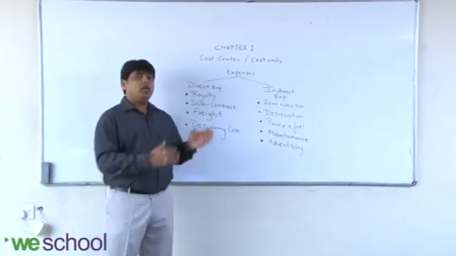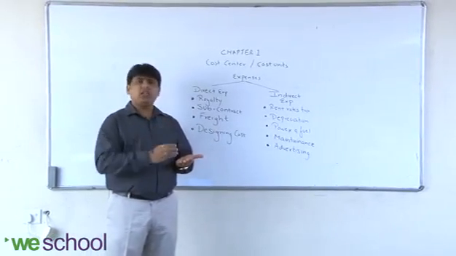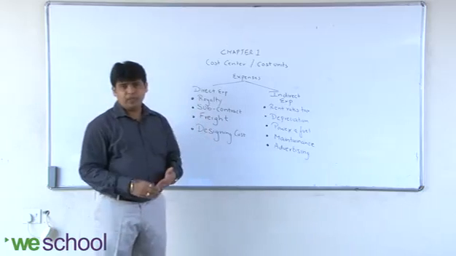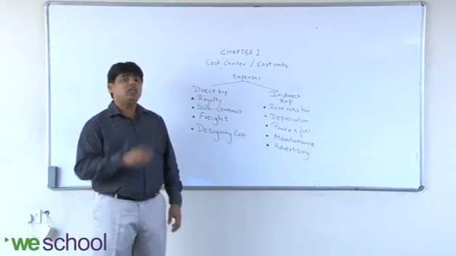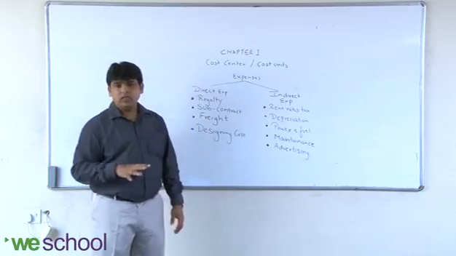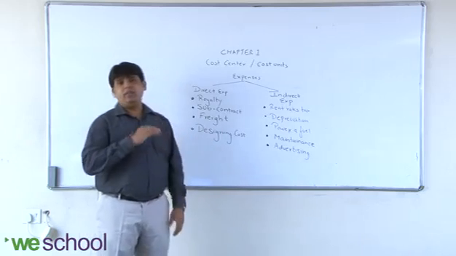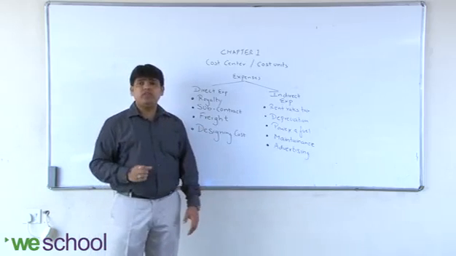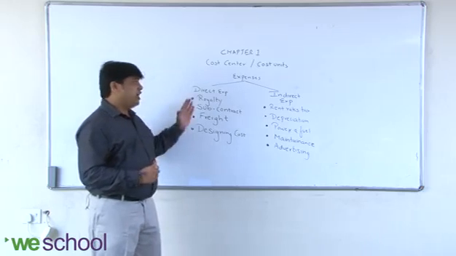If you are using a certain particular product for a soap, so that direct cost will be directly added to that soap. If you are using a particular cost for manufacturing of engineering tools, so that direct cost will be directly added, so the designing cost of that engineering tool will be directly added. It can be easily allocated or directly charged to that particular product, which is very simple for us. Right? So that is direct expense.